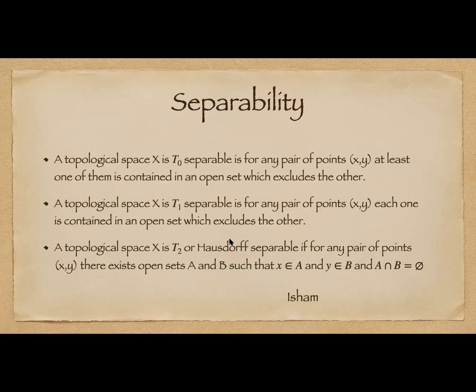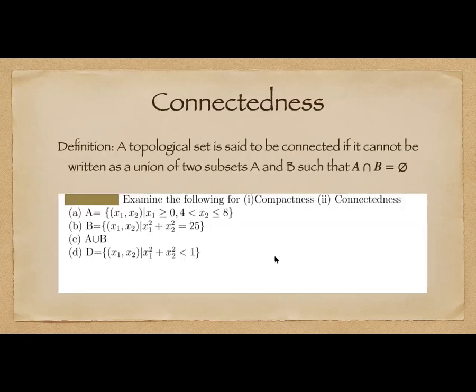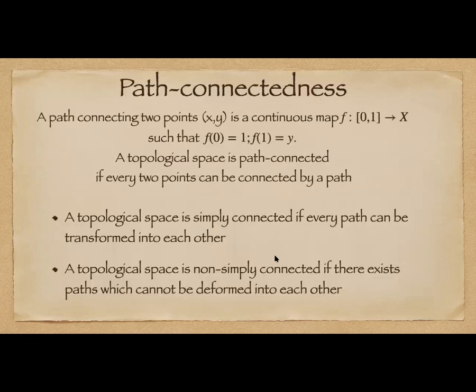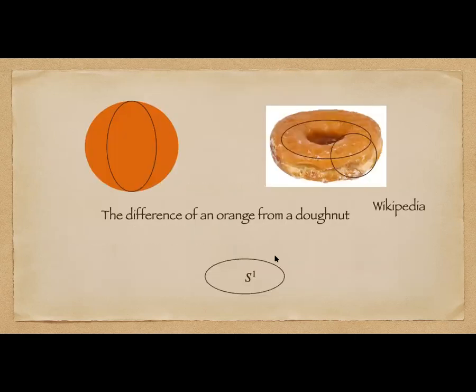So Hausdorff is a word we use quite often. The Hilbert space of this is Hausdorff. What does it mean? So we come to these concepts, and then we will take up connectedness, in particular path connectedness, which we'll come back to when we talk about homotopic groups and de Rham cohomology, is something which you can see